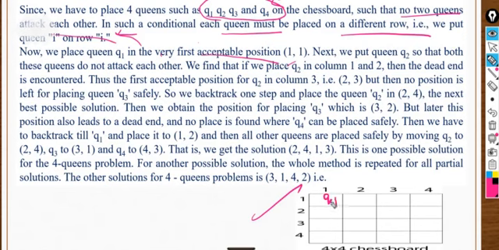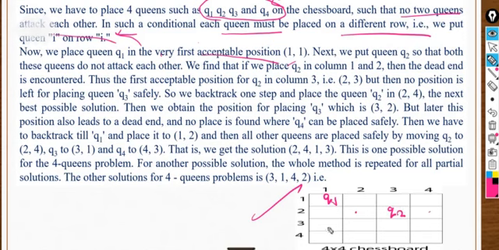What does it mean if I place queen 1 at the 1 1 position? Queen 2 could not be in the same row, yes. Could not be in the same column, yes. Could not be diagonal, yes. So we will assign queen 2 here. We can assign it either here or here, there is no problem. First I'm taking the condition where I assign it here.